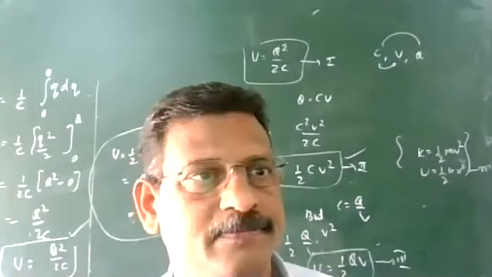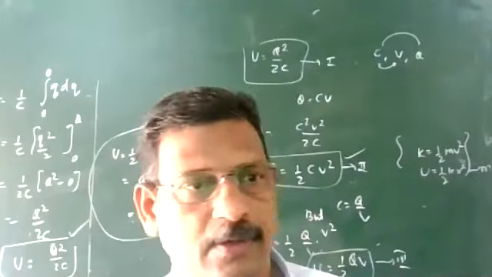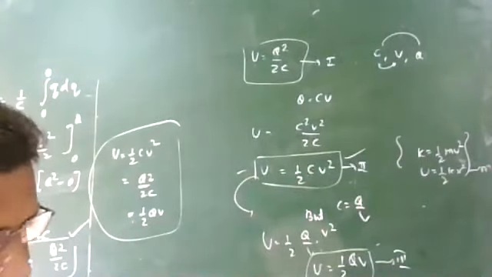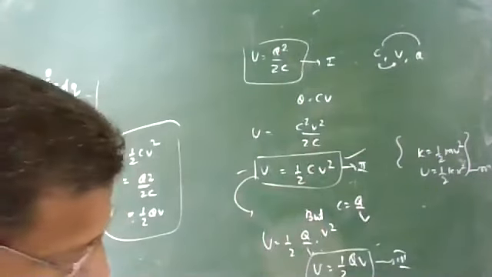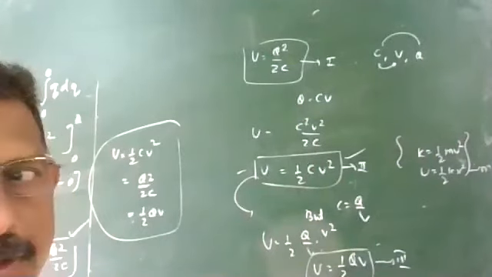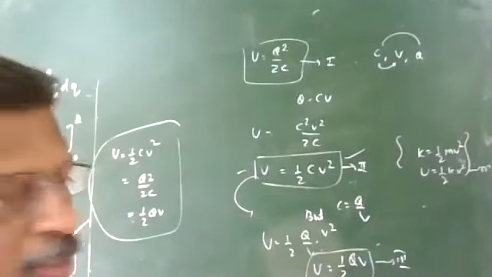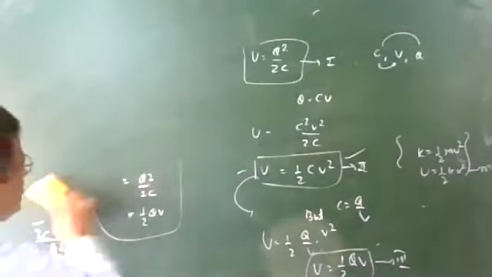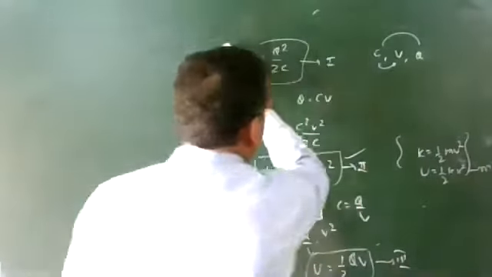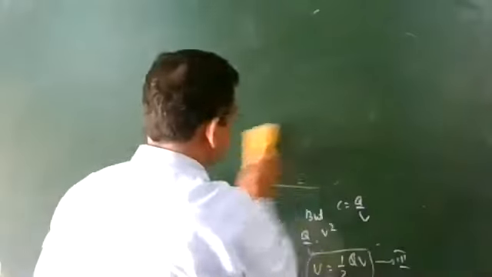Have all of you completed? Okay, Parin, tell me what are the three equations for energy stored? U equals half CV square, U equals Q square by 2C, and U equals half QV. Okay. Akshita Jain, tell me all the three equations fast. U equals half CV square, Q square by 2C, half QV. Half QV, right?